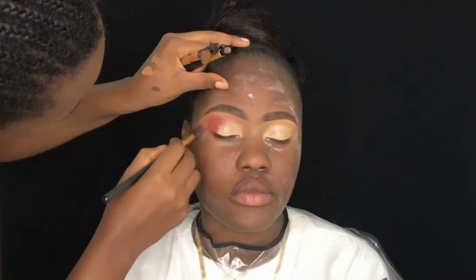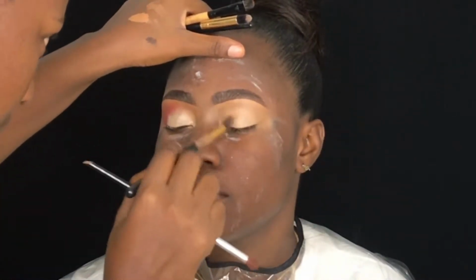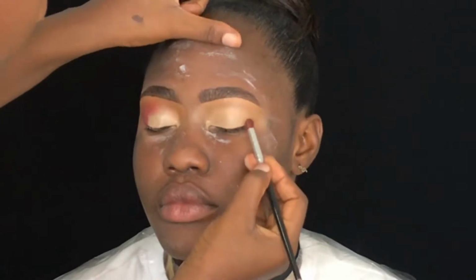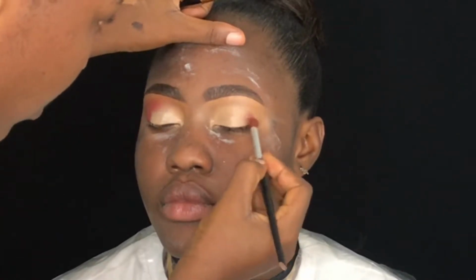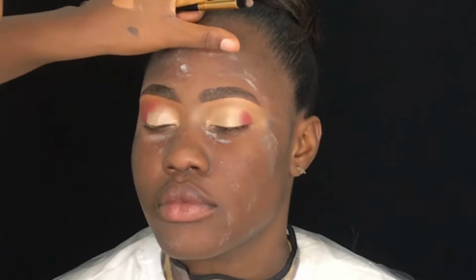So I'm done with the brows, starting off with the eyes. So I'm going to show you guys how I started off with the eyeshadow. So the eyeshadow primer on her lid is the House of Tara eyeshadow primer. Now from the palette I'm picking up, I think the palette I'm using here is the